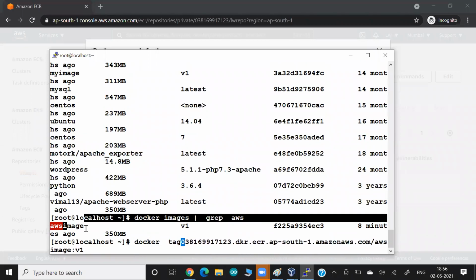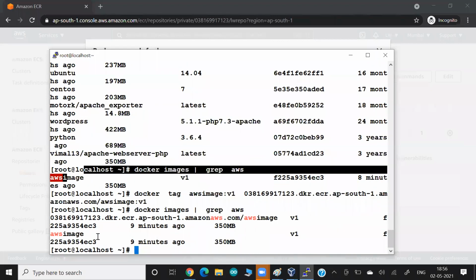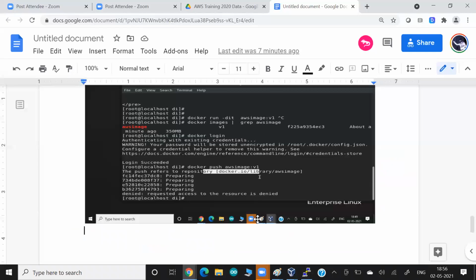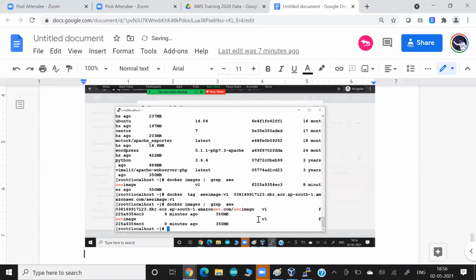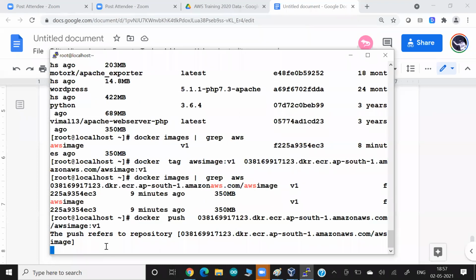So there's a command called docker tag, and I'm just giving my older image name. This is a way to rename the image. You can see now it's the same image, the same ID, but now we have one more name for the image, which is this one. Why do I have to give this? Because this is the syntax of Docker images. Now, if I try to push this image, this command could push. By this single line, it comes to know where to push, what the image name is, and what the tag or version name is. If I hit enter, now